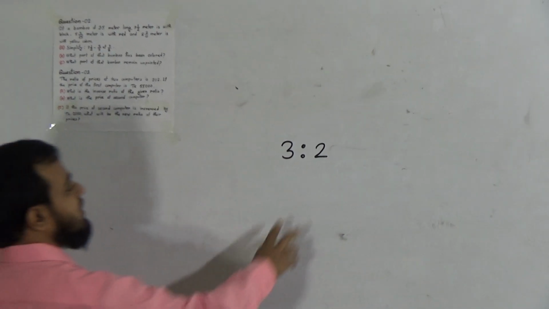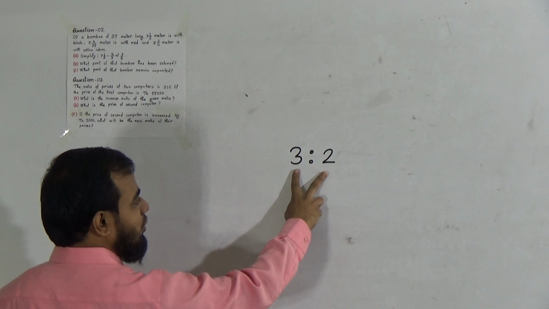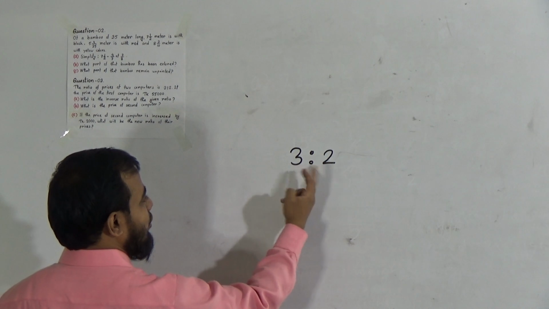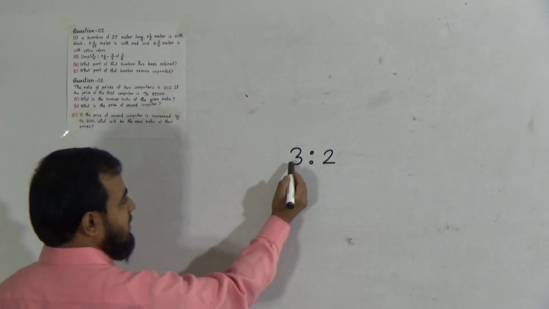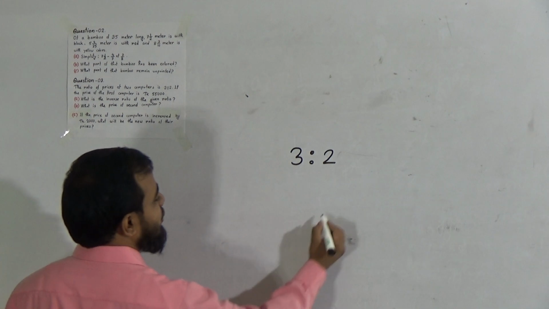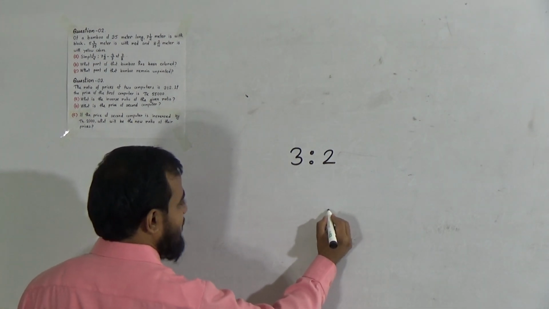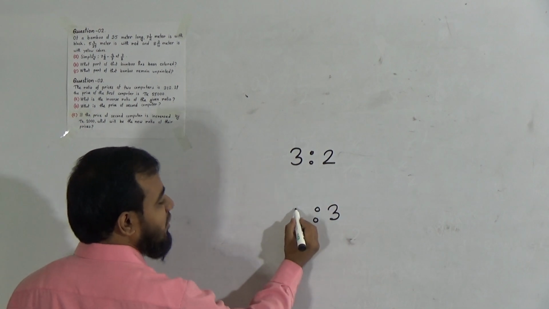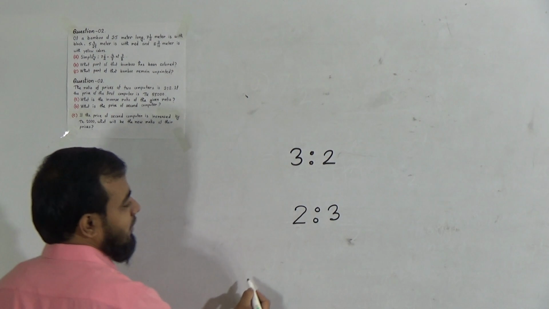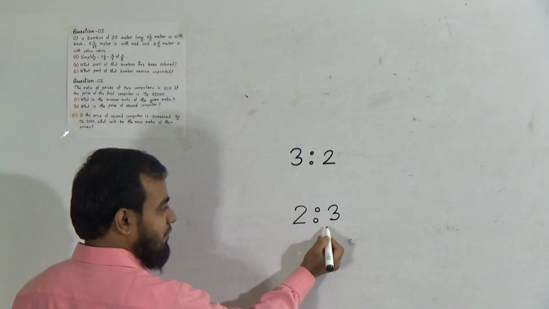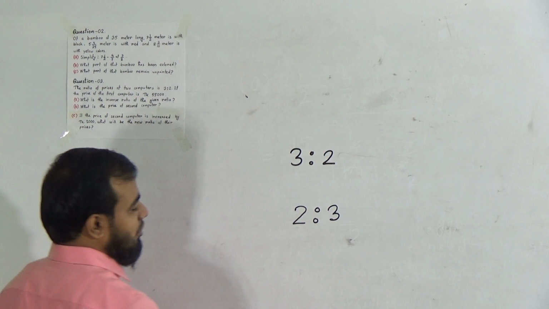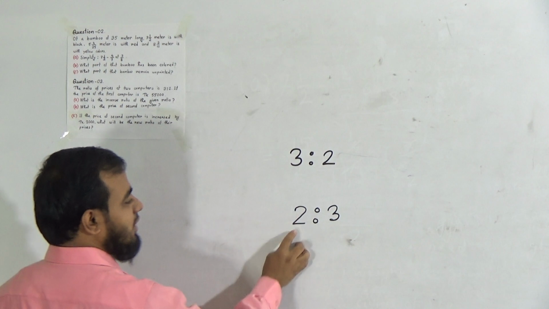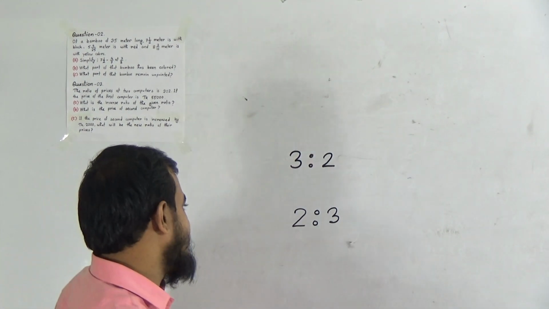We know the inverse ratio of any ratio. To find out the inverse ratio of any ratio, we have to interchange the antecedent and subsequent positions. Here the antecedent is 3. That means the inverse ratio's antecedent will not be 3; the subsequent will be 3. And the subsequent is 2, so our inverse ratio's antecedent will be 2. That means 2:3 is the inverse ratio of 3:2. So you can write down: the given ratio is 3:2, so the inverse ratio of 3:2 is nothing but 2:3. I think you have understood.